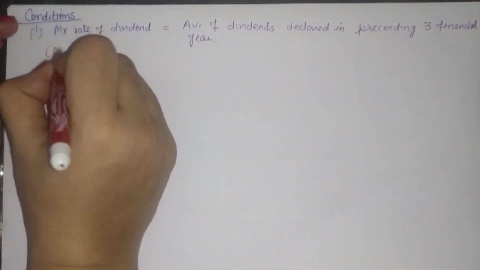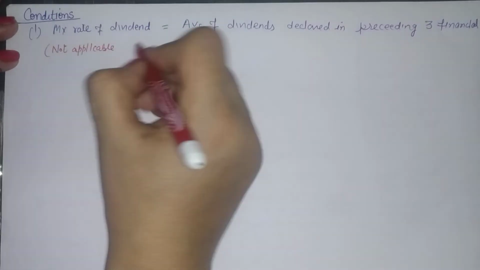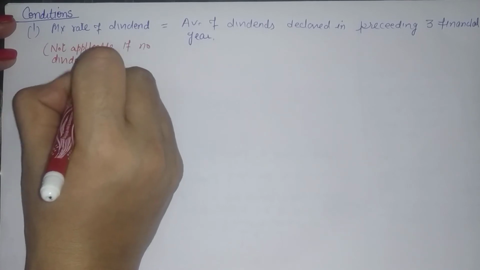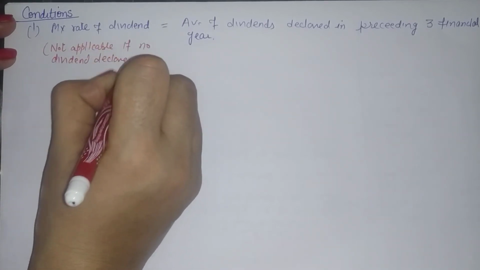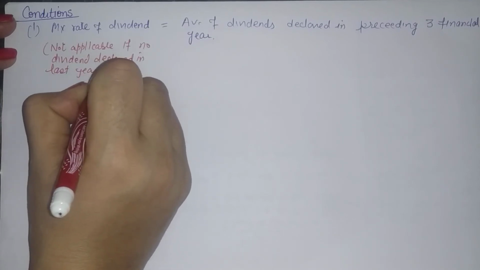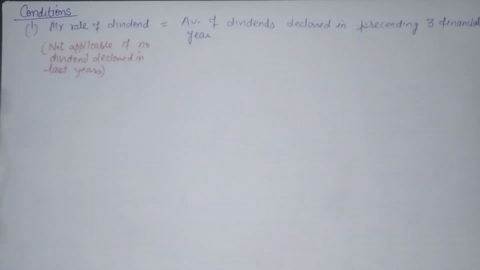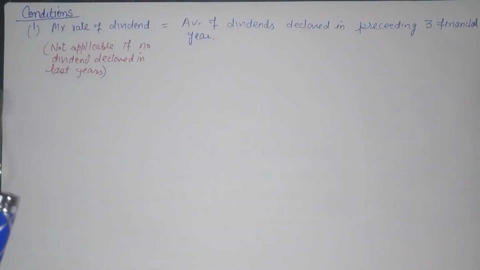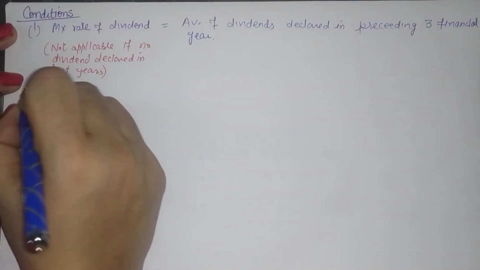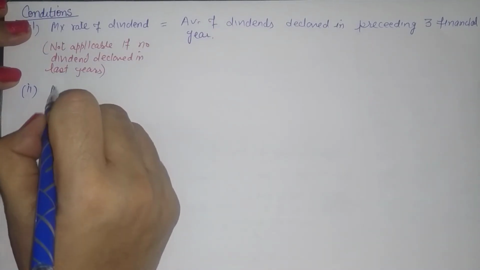So this condition is not applicable if no dividend is declared in the last 3 years. So it implies that in such a case the company can offer any dividend rate. There is no condition in that case. There is no limit in that case. Our second condition is again regarding the amount of withdrawal. Now the maximum amount